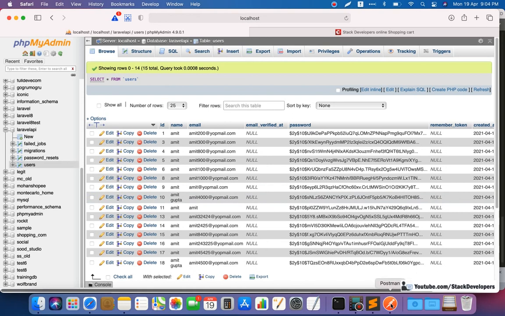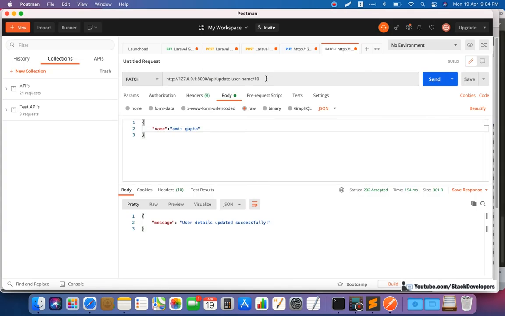Okay, so we can send the param in the patch API as well, and with this param we can again update the required details. So you can see we can only update a single record here in patch, and we are sending it in the param and updating the single record. Any single record you can update. If you want to update the email, or if you want to update the password, you can do that, but only a single record.